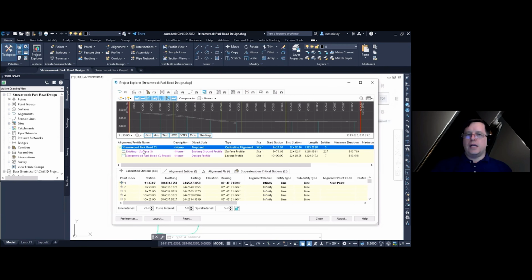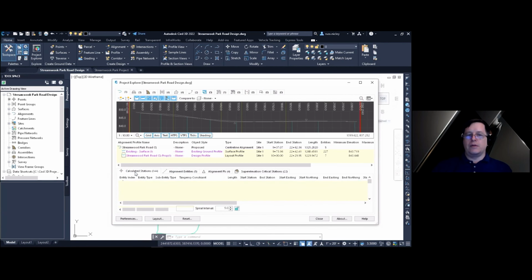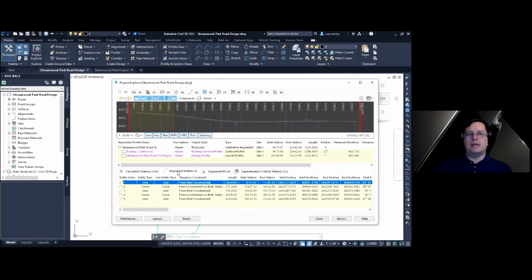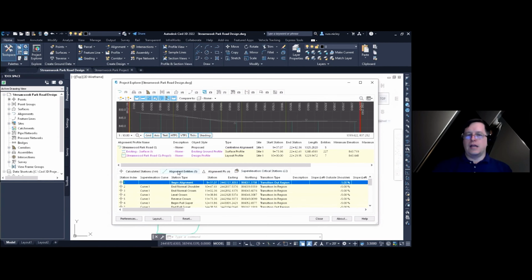Now in the object data, if I click on an object, first of all, the sub-object data responds to that, but I can come in here and take a look at certain information about the overall object. Then down below in the sub-object, it kind of breaks it down into its parts. Now, alignments happen to have 4 tabs down here: calculated stations, alignment entities, alignment PIs, and super elevation critical stations.